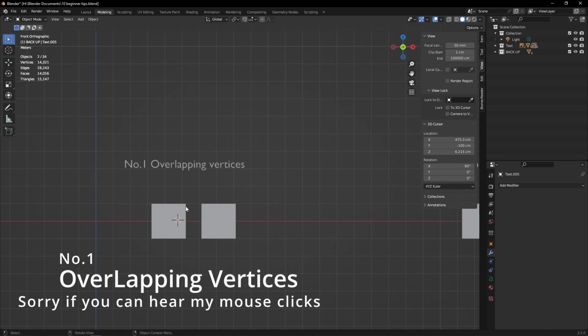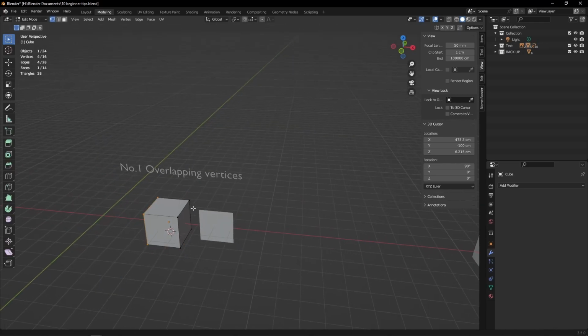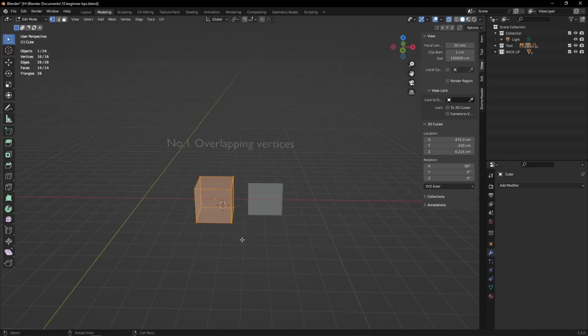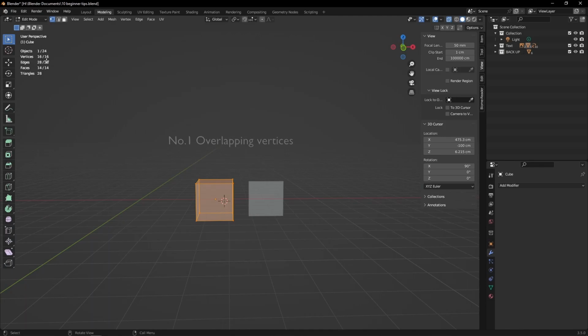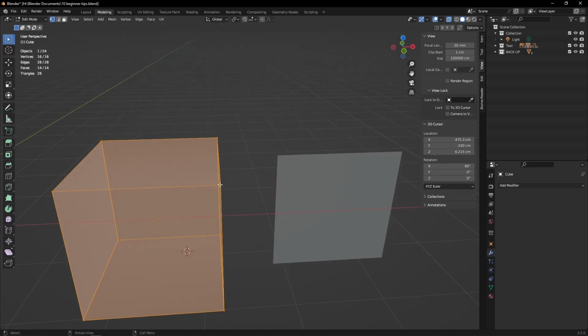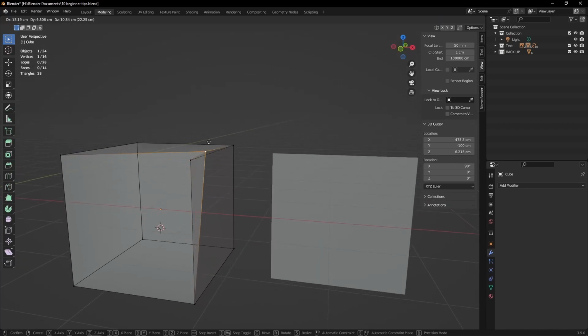Overlapping vertices. What are overlapping vertices? If you go to edit mode, see a cube. It should have 8 vertices, but if we select it, you can see up here, it has 16 vertices. The reason for that is because we have overlapping vertices. So if you grab one, you see,